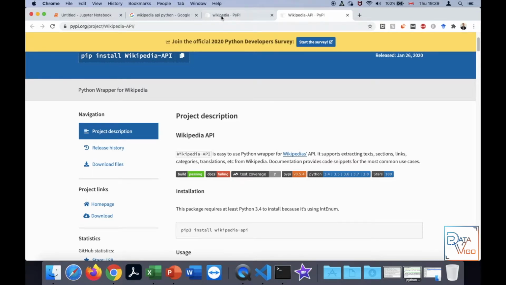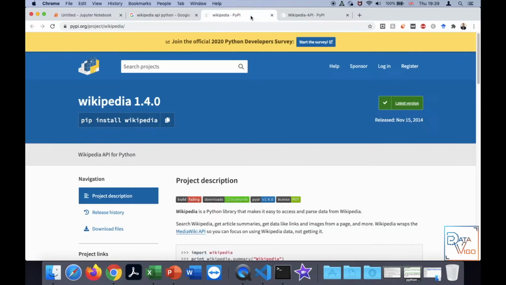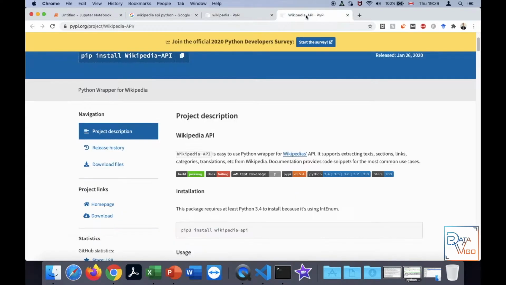The reason I'm trying to combine these two APIs instead of using only one of them is that with the 2014 version, there is an error sometimes that you encounter when you're trying to extract the text from the Wikipedia pages. The solution I found was to use both of these APIs together.